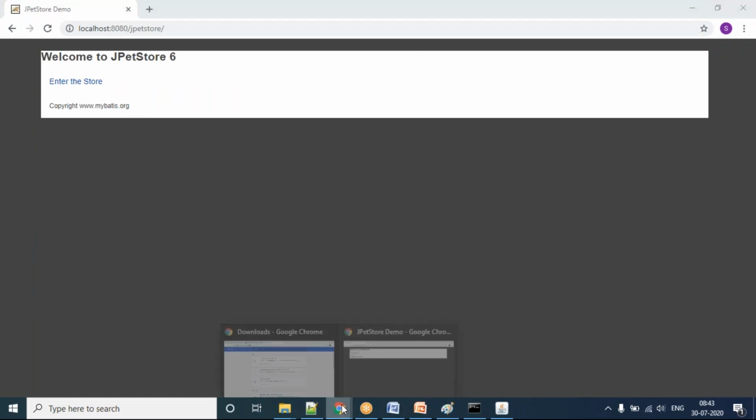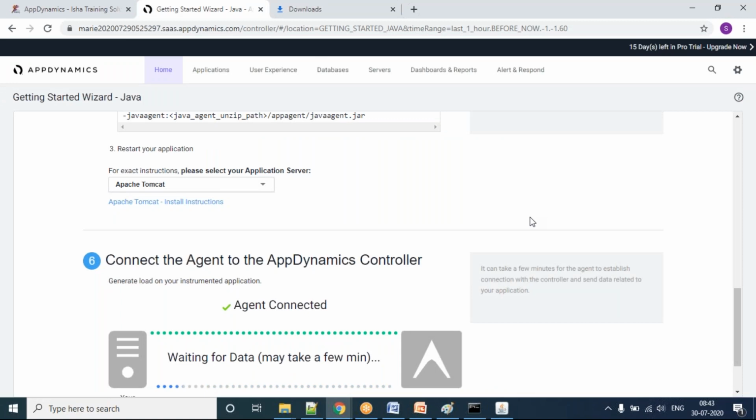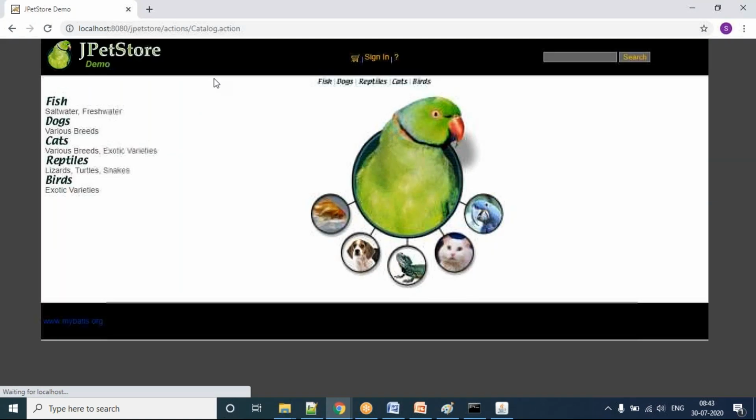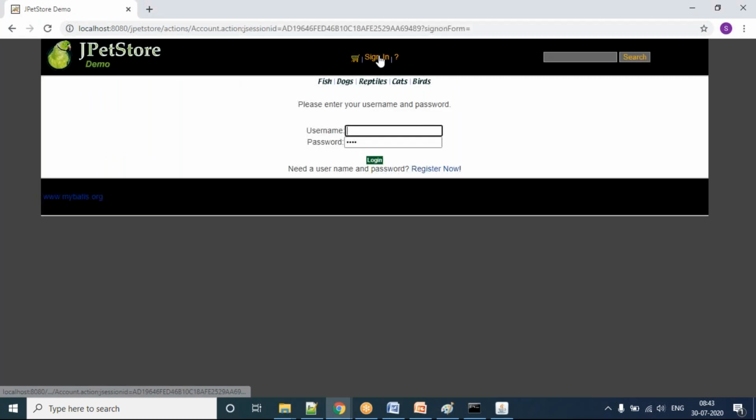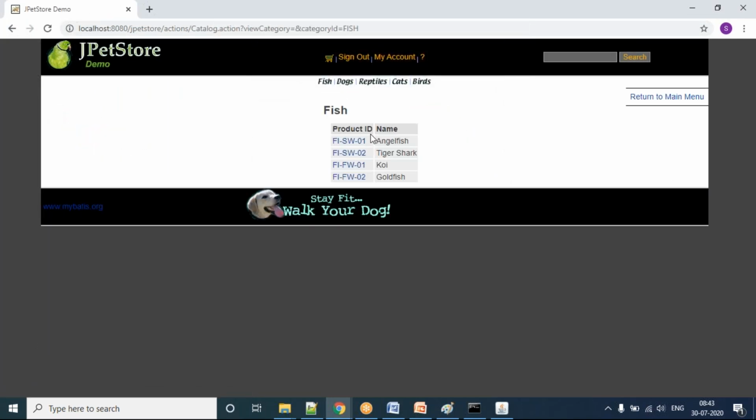Okay, so if you go back to AppDynamics now, you did the configuration. Usually this has to get reflected when you are accessing your application in the browser, guys. But most of the time in AppDynamics there will be a reflection issue, a refresh issue.